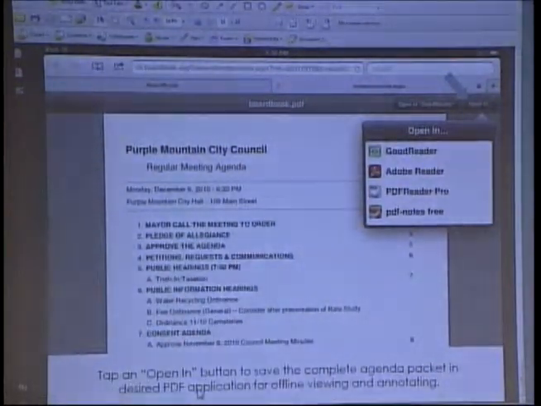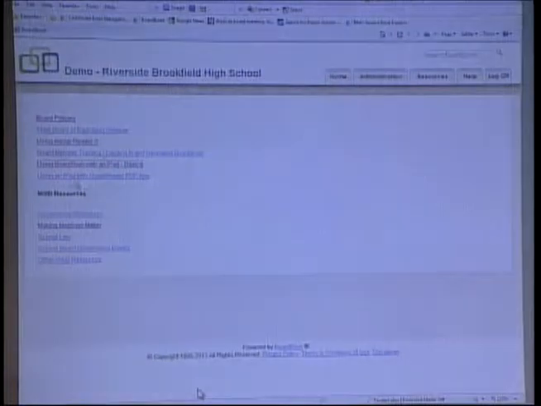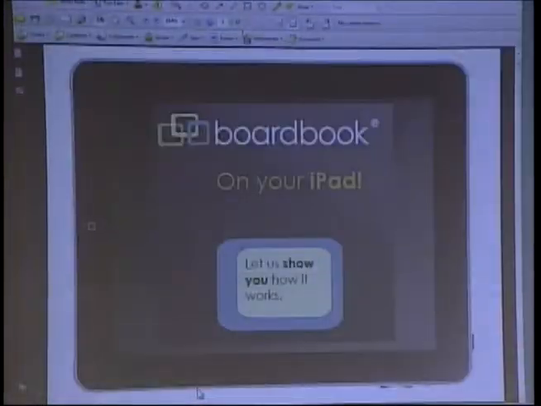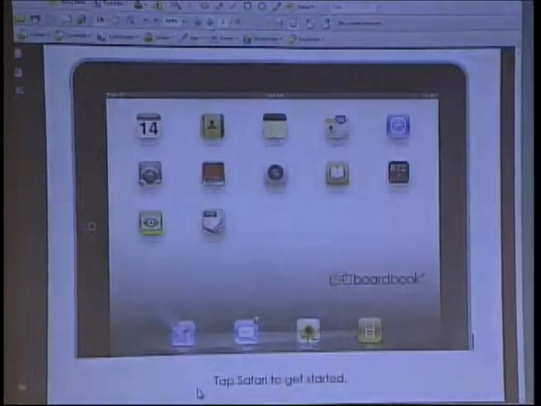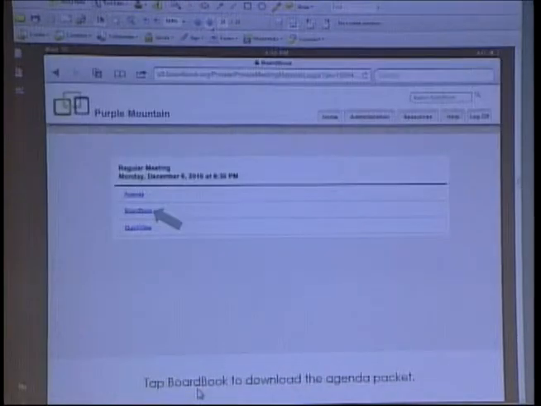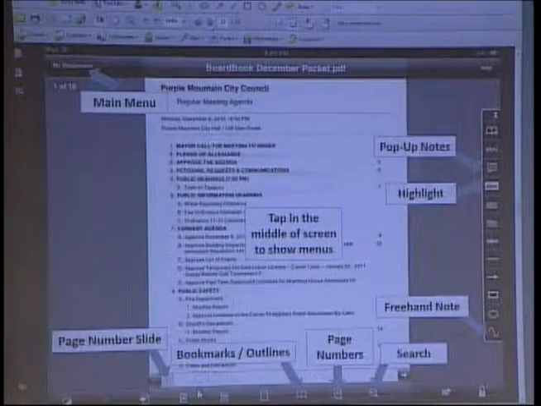For those that want to learn more about annotating a packet or some more robust capabilities, there's a handout here for GoodReader. This is a 25-page slideshow, and it gets into how you can easily navigate the packet with your bookmarks.